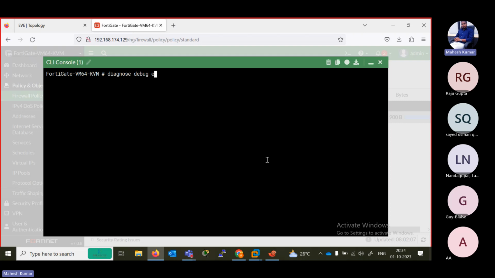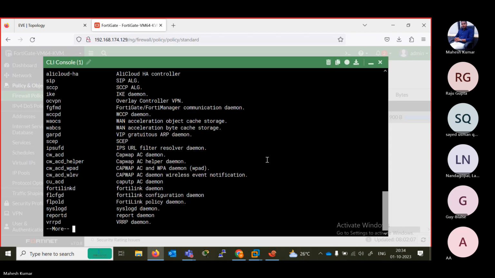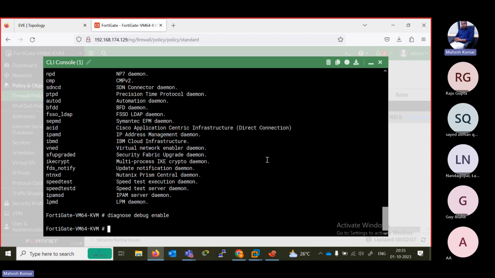Diagnose, debug, enable, diagnose, debug, application, and many other commands. By using the command diagnose, debug, enable, we can